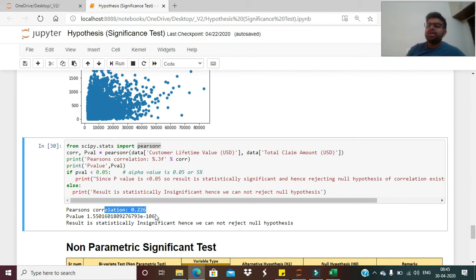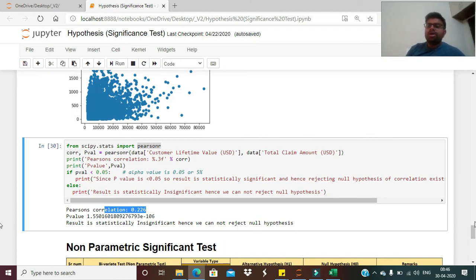The value of the Pearson correlation statistic lies between -1 and +1. Similarly, the null hypothesis is predefined, which is that there is no correlation between these two variables.